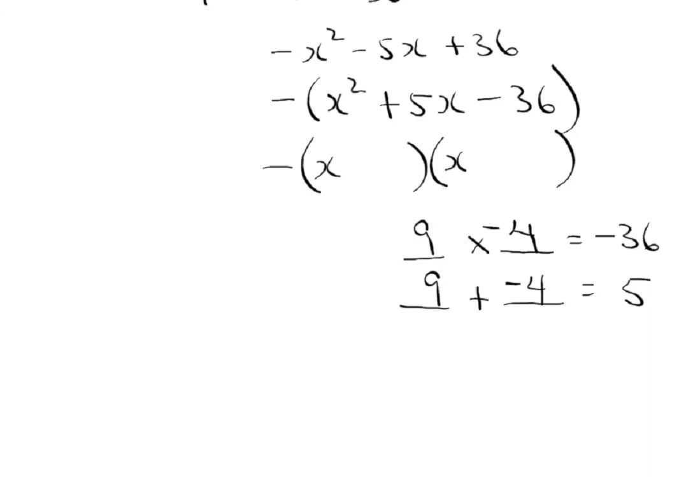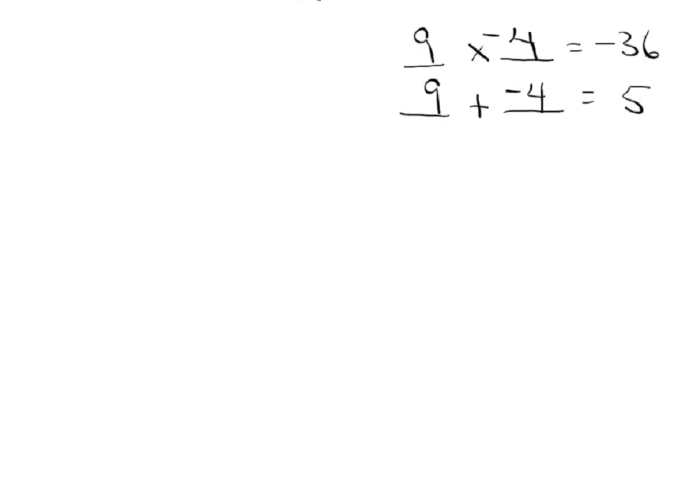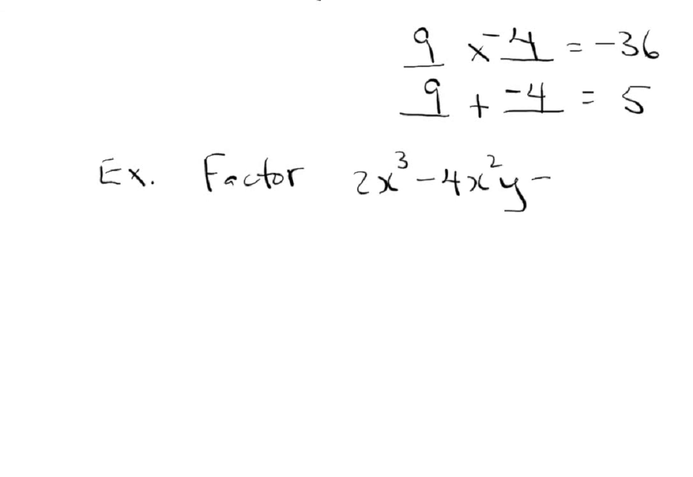And so that's my answer. I got a plus 9 and a minus 4. And of course, I could expand out the brackets if I was concerned and wanted to check my work. Okay, one last example. We're going to factor 2x cubed minus 4x squared times y minus 48x